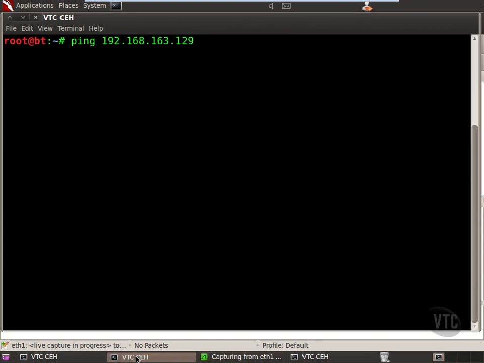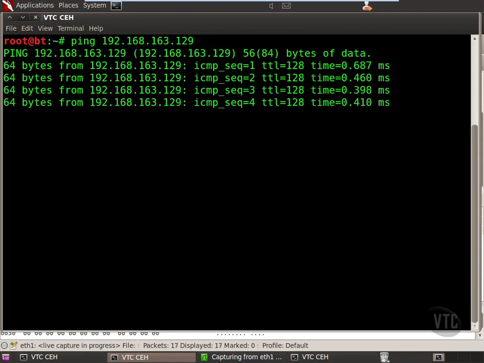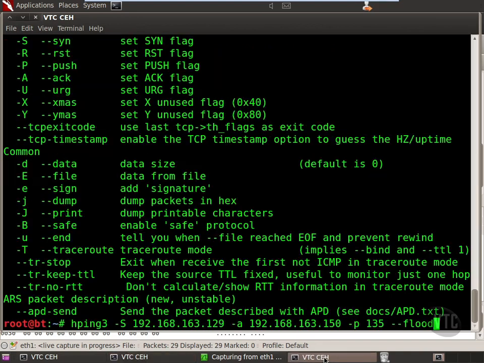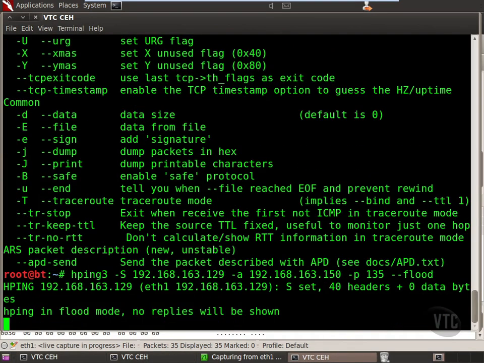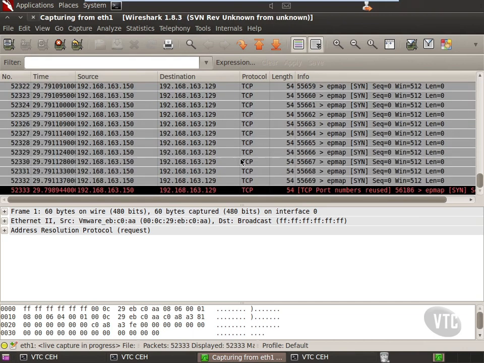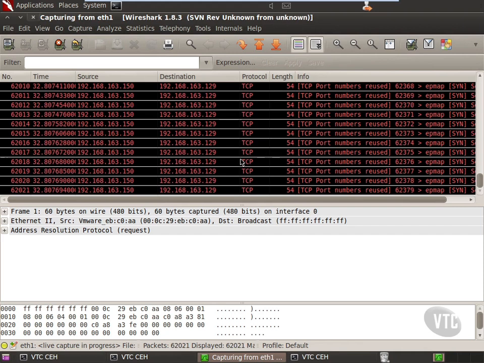So we're going to start this Wireshark, and we're also going to ping the box and see what happens when we start getting the box knocked off. See if we can tell when the box starts losing connection. So let's go back over here to our hping, and I'm going to go ahead and initiate that. And it's not going to give me any replies or anything, but let's look at the capture. Let's see what we're getting. Obviously, you can see we're getting a flood of SYNs across the network. And notice our source address is 150. And that's not the actual address of the BackTrack box. And the destination is 129, which is the Windows XP box that we have been using throughout the course. So we're sending this denial of service attack.